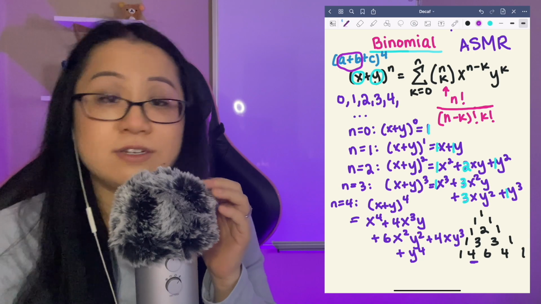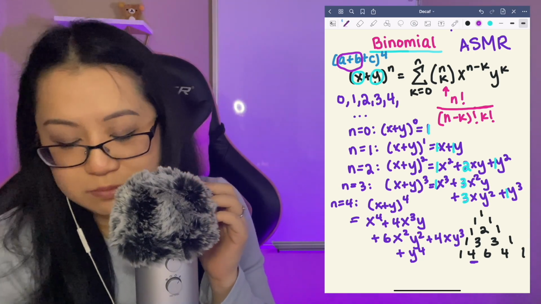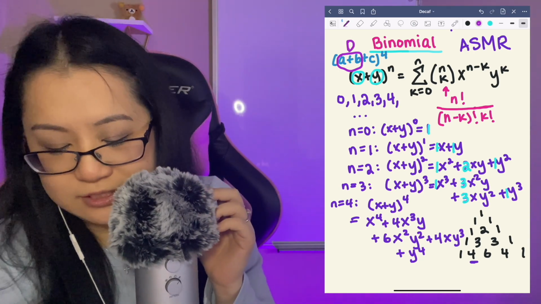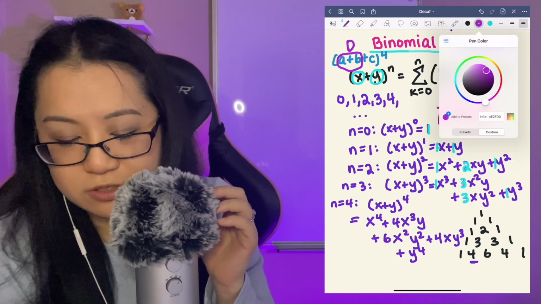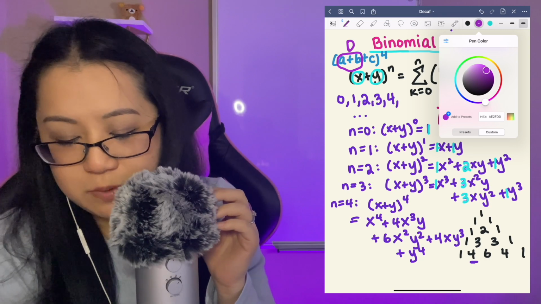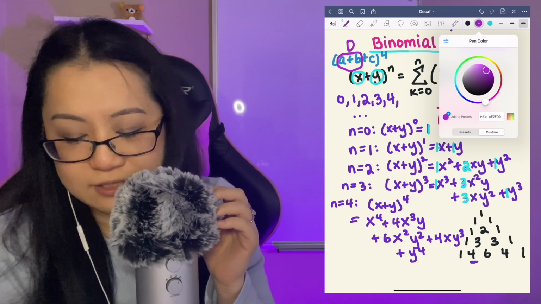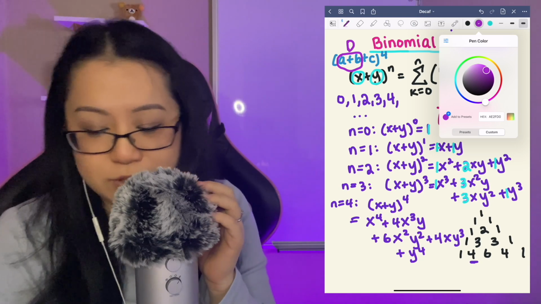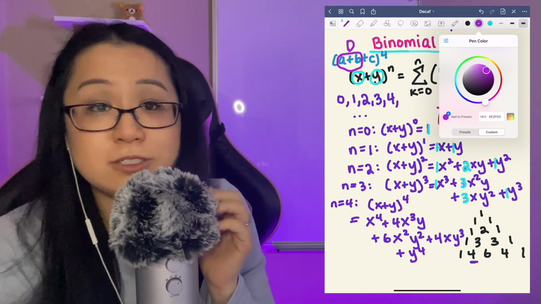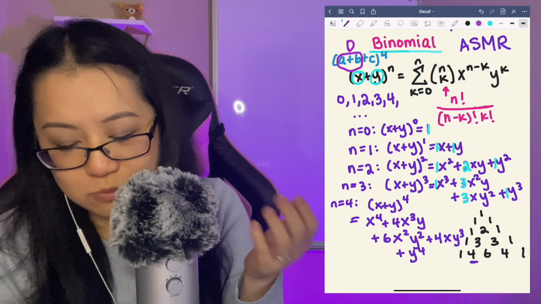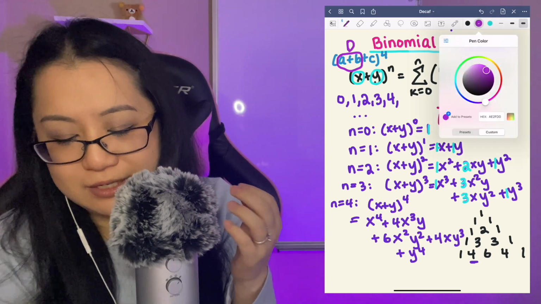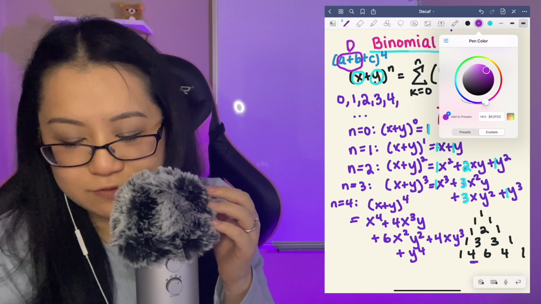So this is even weirder to think about, but you can pretend a plus b is d or something, and then do the binomial expansion with d plus c, but everywhere you have d or x or whatever variable you use, you have to do parentheses a plus b. So you're expanding it, but then you're going to have another expansion from there, or more algebra to do. But it's fun to think about the different